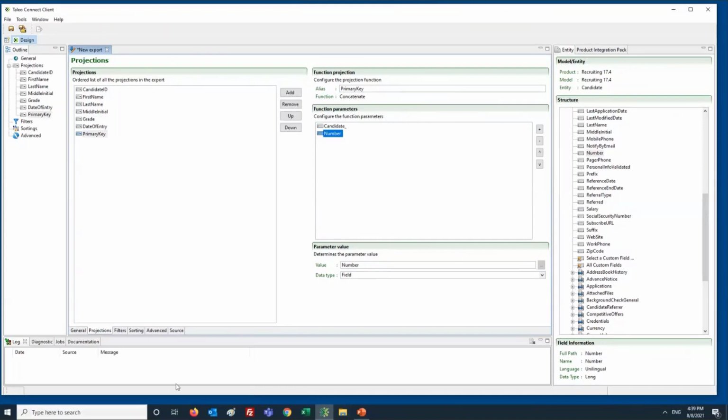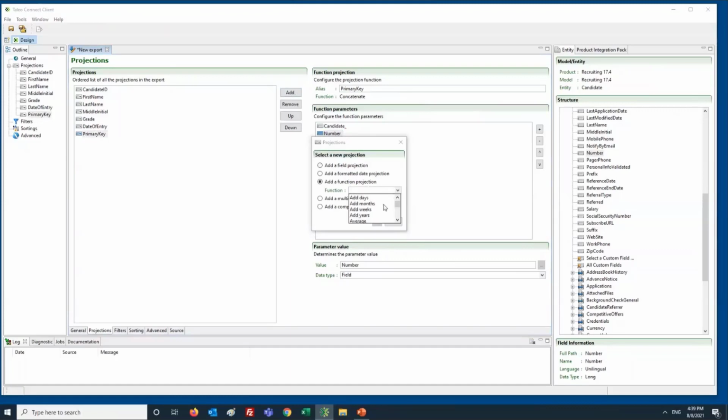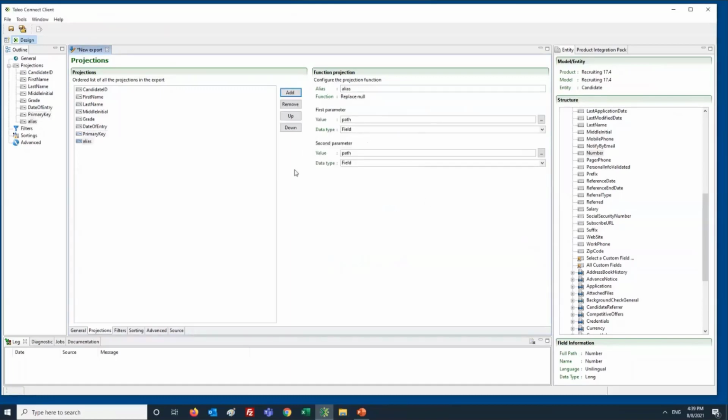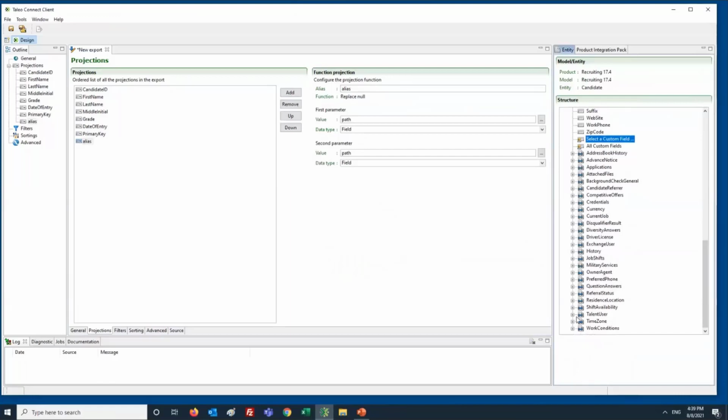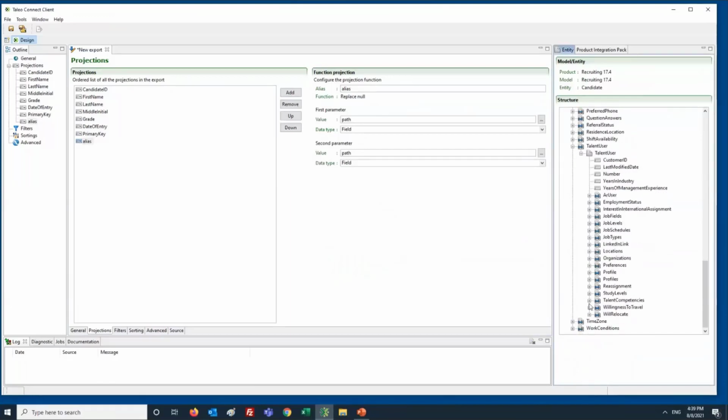So that's how you create a function. You can go to the list of functions, and you can find explanations on the Oracle support site for all of those. But the ones that are mostly used are the concatenation, the decode, and one that is very often used is the replace null, where you can select a field, but if it's not populated, you would select a different field, right? A good example of this, if I just quickly show you something that we do a lot,